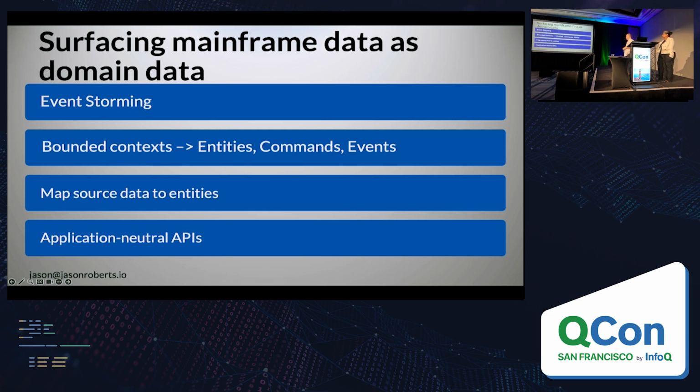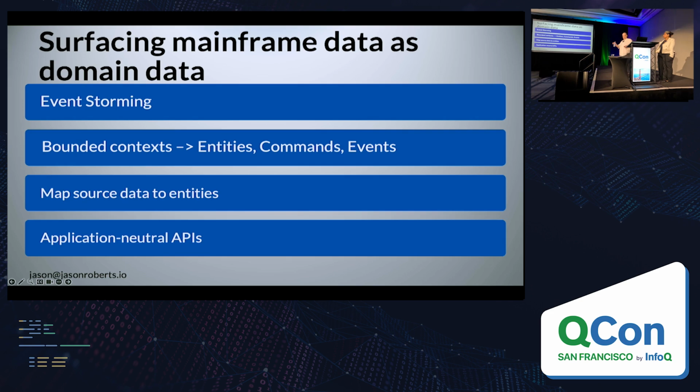Bounded context, we're going to talk about a lot. That has to do with a solution space, basically, that ties together various types of data. Those types of data being our entities. In the next slide, I'm going to talk about some of the definitions in a little bit more detail, but for now, just add that to the queue. Commands are things that change. Events are things that happen.